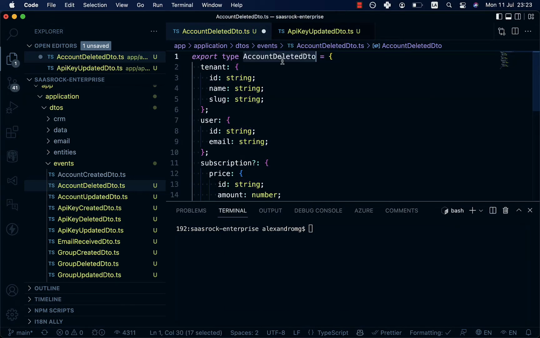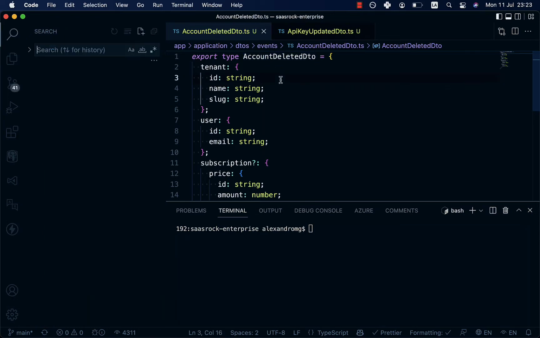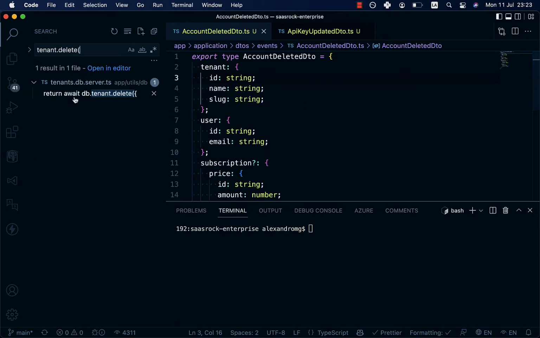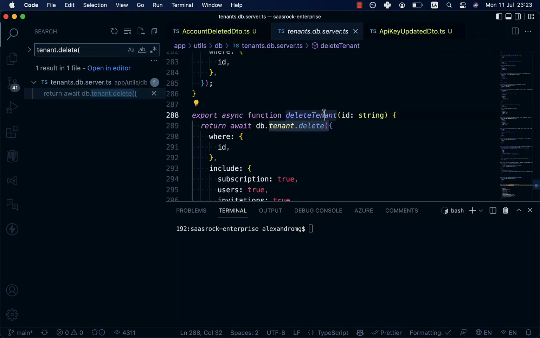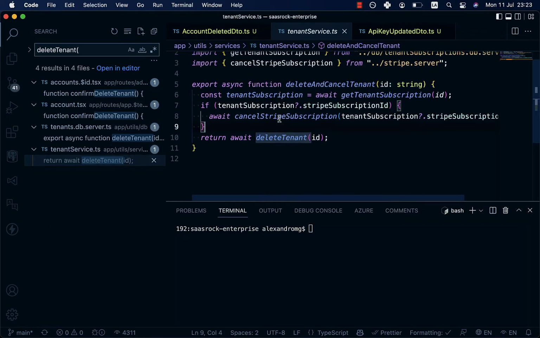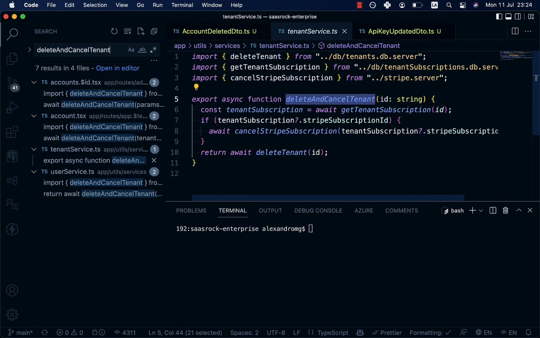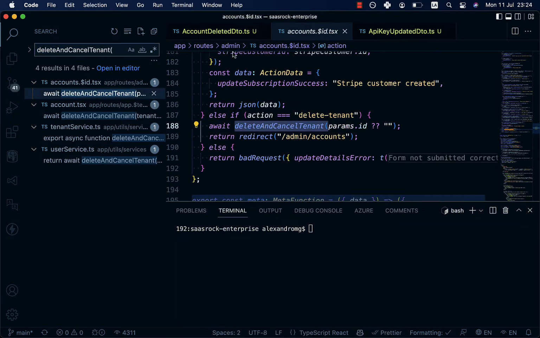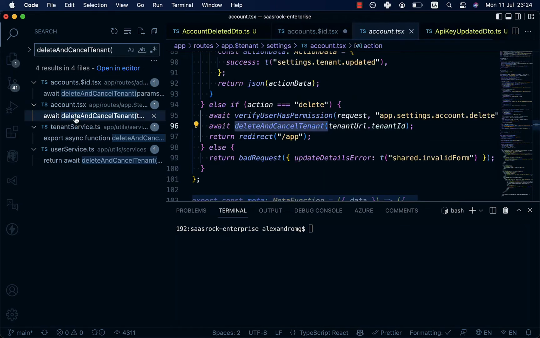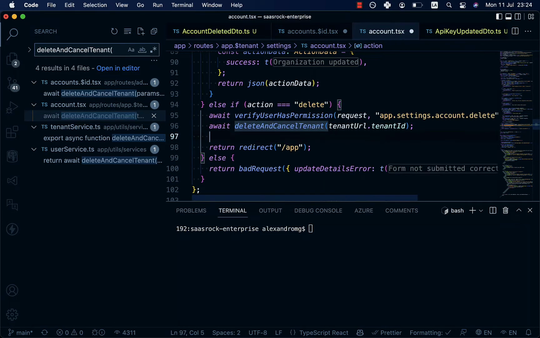So how do we know where the account is deleted? Well, I start with the database. So I'm going to search tenant.delete, and here it is. And who is calling this method? Only here, the tenant service, but who is calling this one? So we have the routes admin accounts. So right here, and on the account itself, so here,